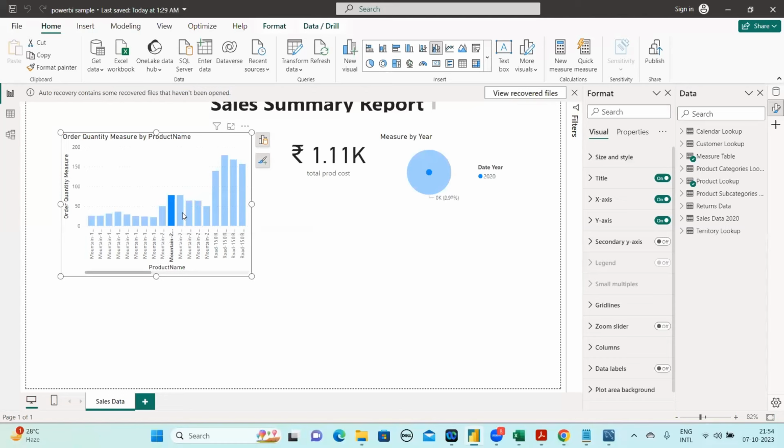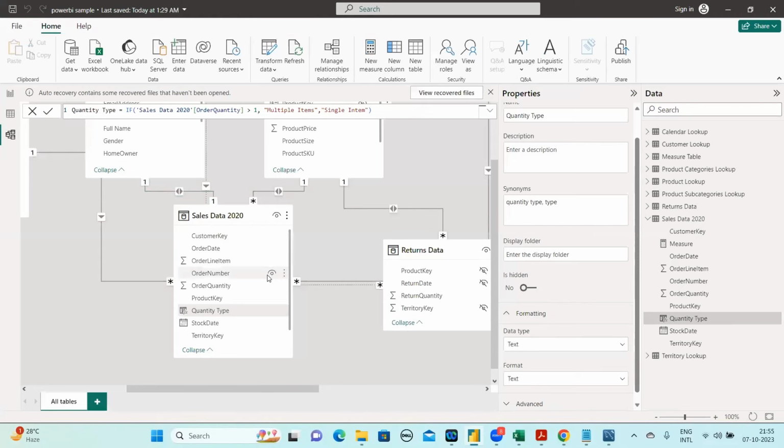Count of product name. If you see this with the order quantity, how much quantity with the product name. If you see the x-axis, there will be a product name, and what are the counts with those product names, right? So for that, I'm going to jump onto the model and report later on, how we can have that, but I just want to give you a brief idea of why we need the measures, to give